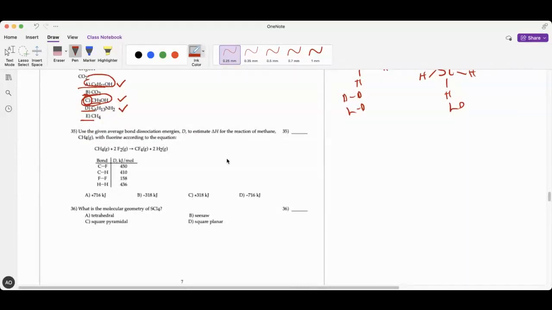Use the given average bond dissociation energies to estimate delta H for the reaction of methane with fluorine according to the equation. Okay, as I said, you should always